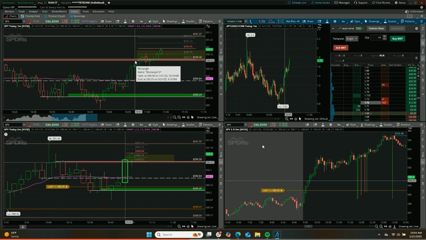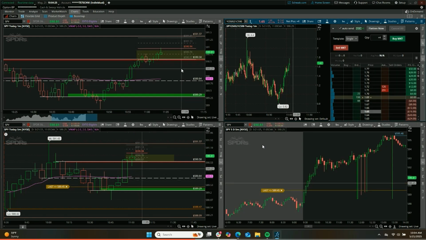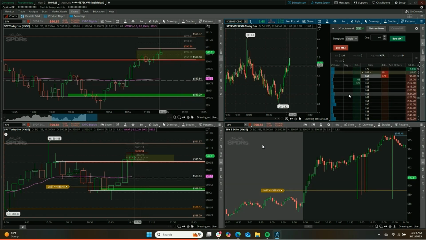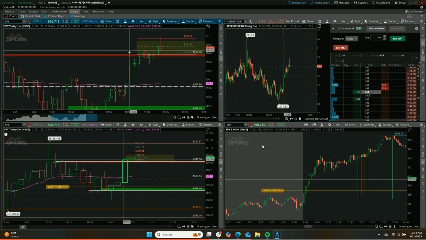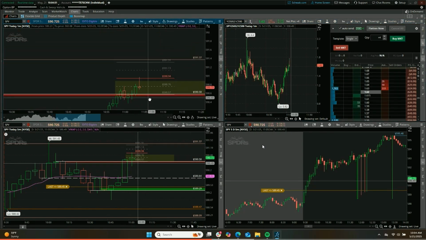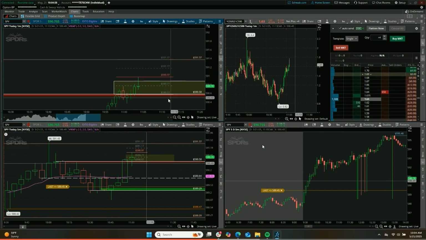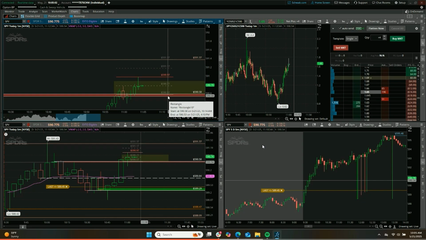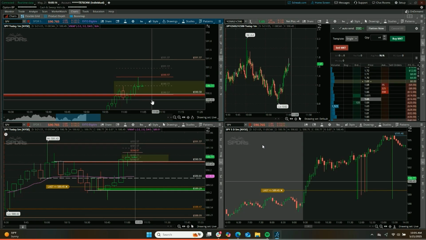Now I did get a little bit of slippage, but that's what happens when you use the buy market button, which is what I'm comfortable with. So if you can imagine, right now I'm not necessarily happy with what's going on. I wanted it to shoot up, but what it's doing is coming back.